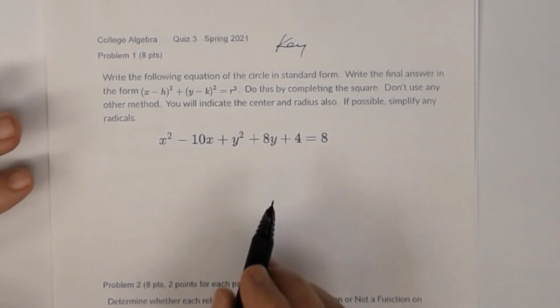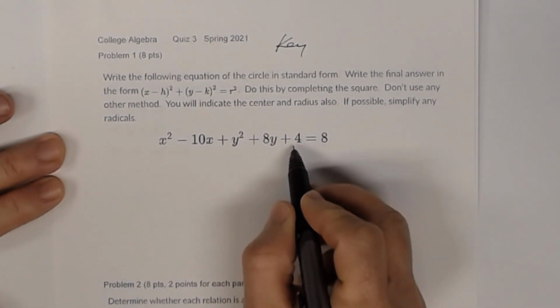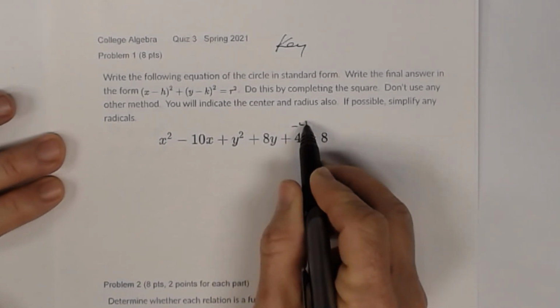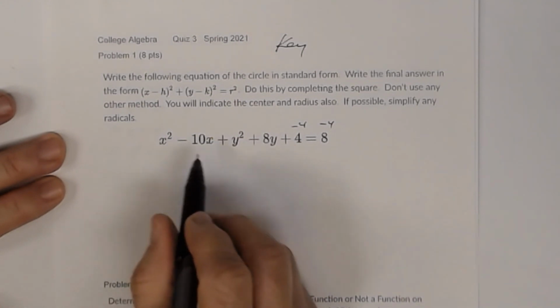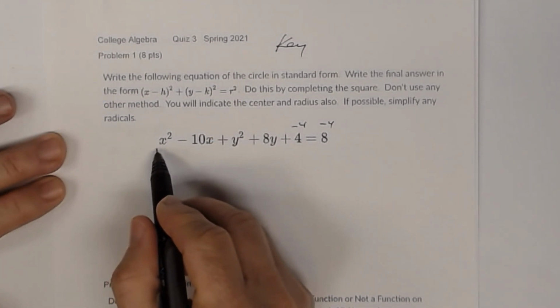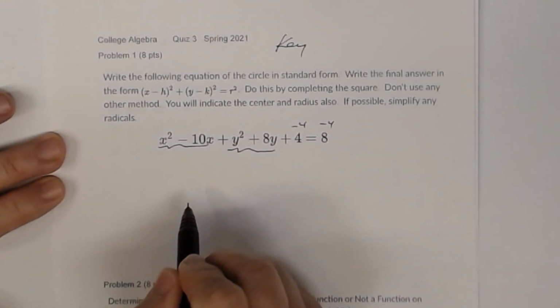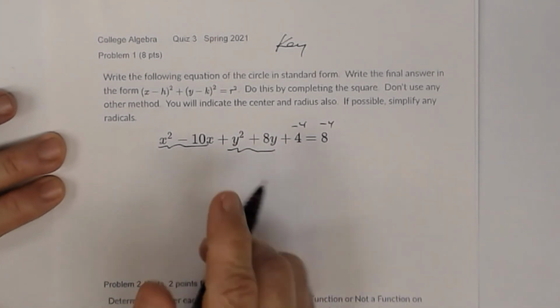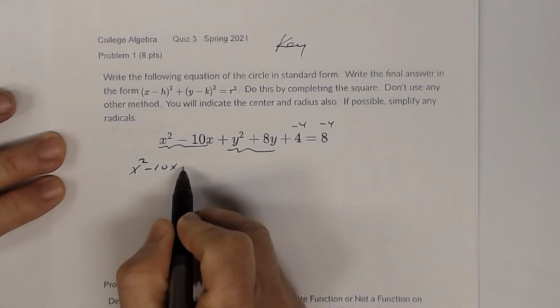Now remember, the first thing you have to do is bring all the constants to the other side. So we need to subtract 4 from both sides. So let's go and do that now. Then also we have to group the x terms together, and group the y terms together. When I rewrite this, I'm going to write it as x^2 - 10x. And then remember,